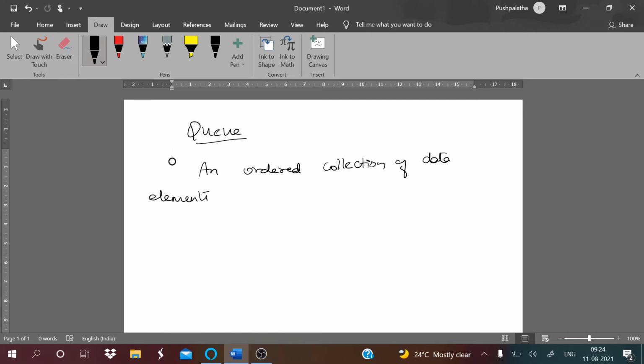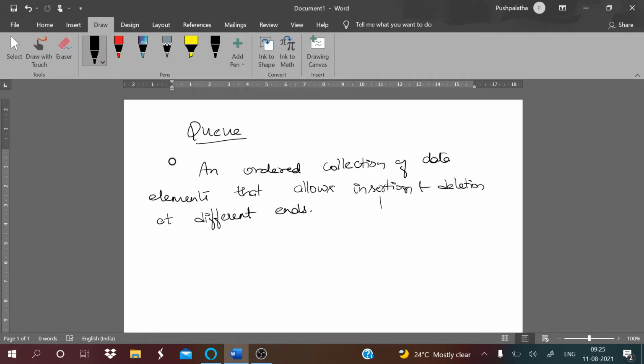It's an ordered collection of data elements that allows insertion and deletion at different ends. Whereas in your stacks we had insertion and deletion at the same end, but here we have insertion at one end and deletion at the other end.